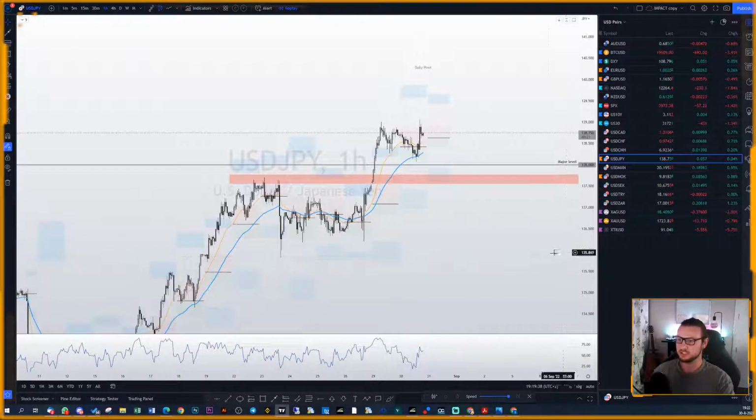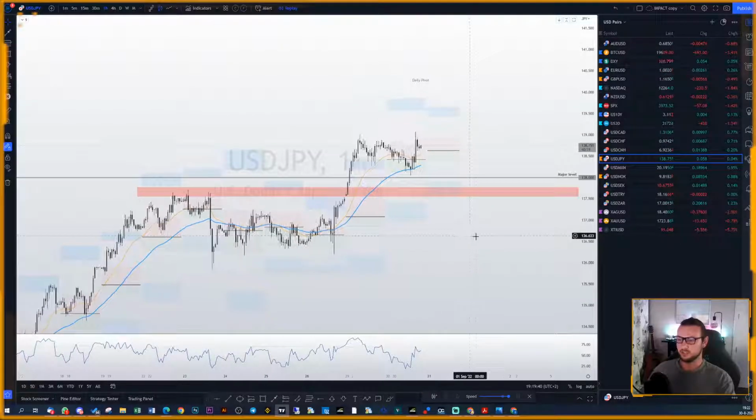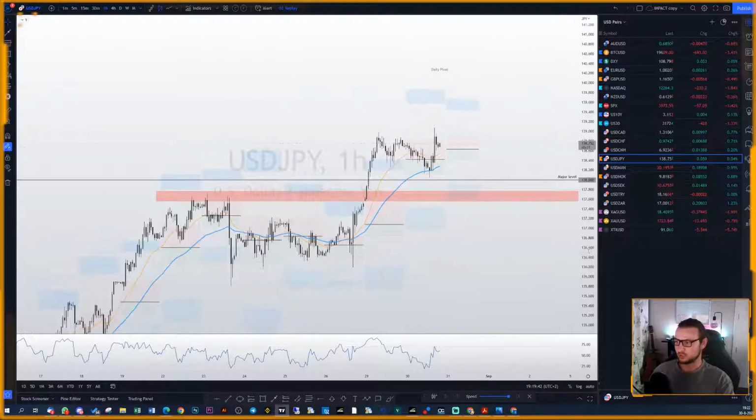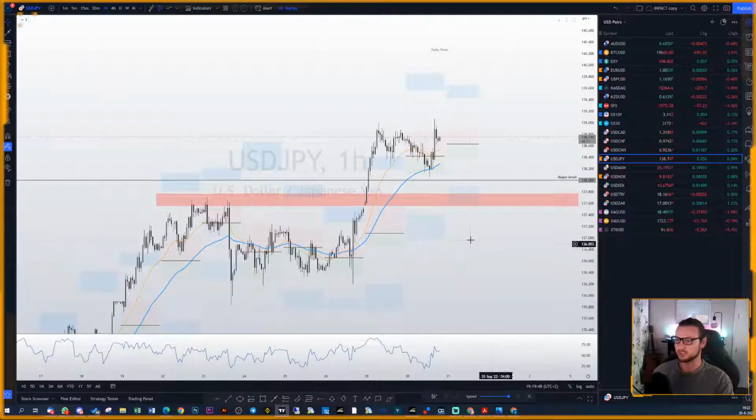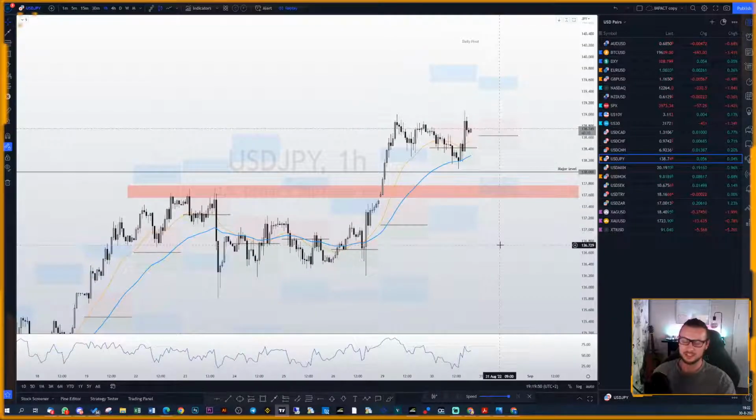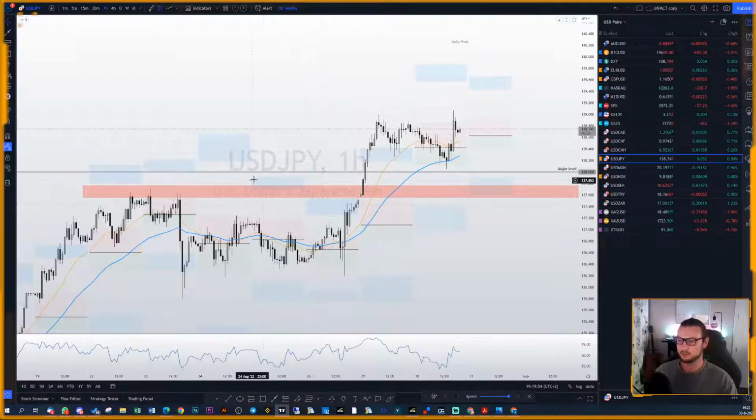Okay, Japanese yen is weak. The US economy is strong, or at least much stronger, and USD, the US dollar, the currency itself, is much more of a safe haven. US 10-year yields are going higher, so that's only positive for USD JPY. So let me go to